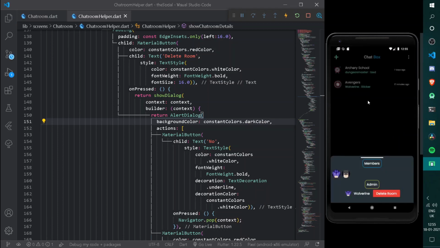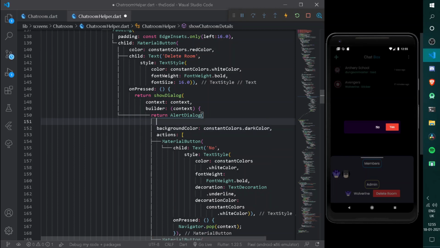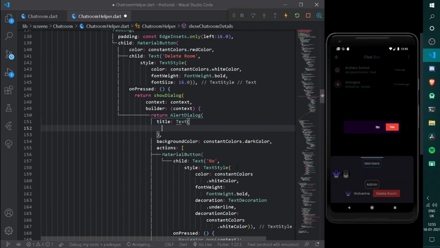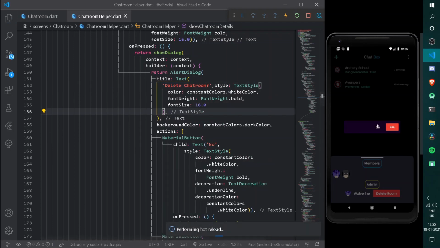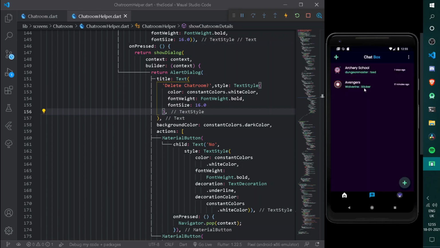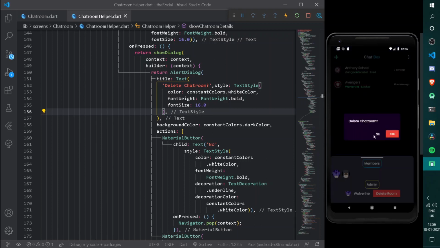So now let's go no and open it one more time and delete the following room, but we hadn't had our text. So here let's have somewhat title for a text. Under the following text I can simply say delete chat room. Let's have somewhat styling for a text style. So let's press no and open it one more time. So now after long pressing over it and after pressing over delete room, we are getting all of our data.